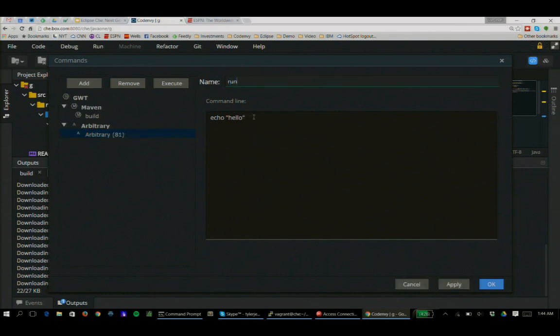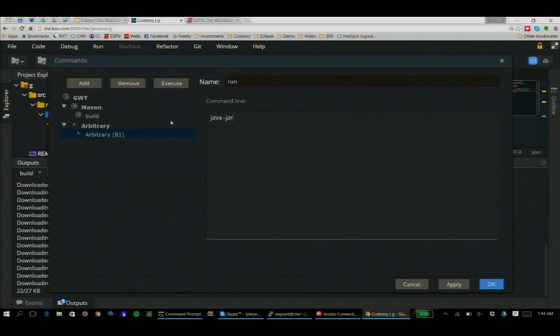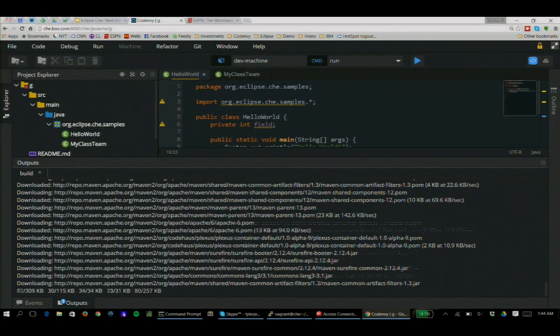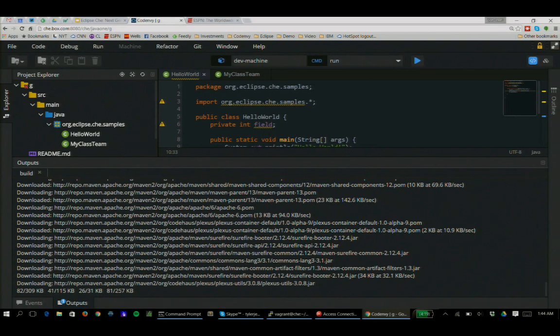And it's a Java executable, so java -jar. And the directory that we need is /project/g/target/hello. I'm just going to guess at 1.0-snapshot. I'm just guessing that this is the jar file. So I'll save, OK. But hopefully this download gets done in a second. But while we're waiting for that,